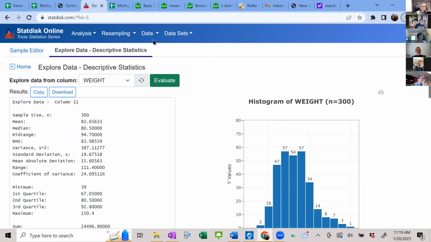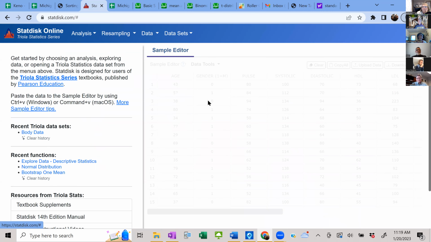Comments or thoughts on StatDisk? All right, those of you who know me know that I love Desmos. I really love Desmos. So what I did is I took one of the columns of data from Triola and